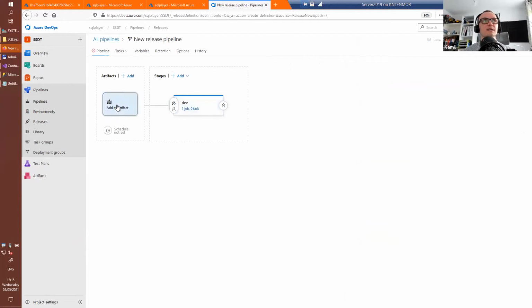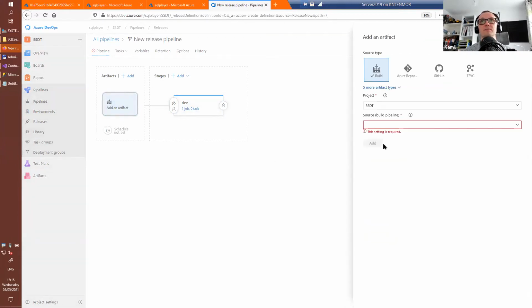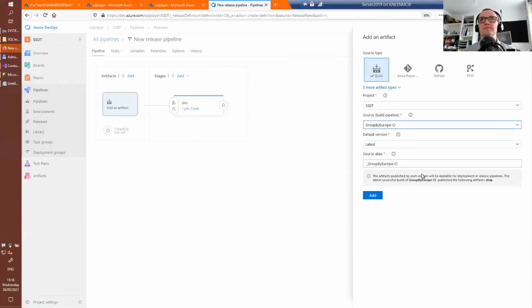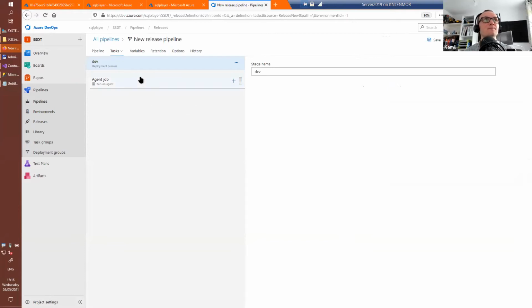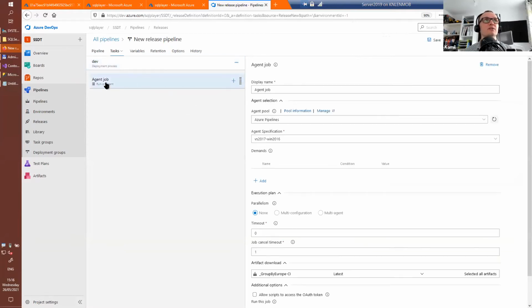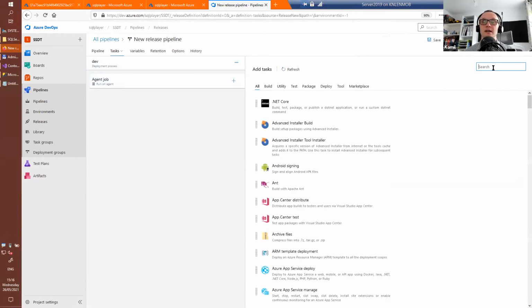Then I have to select an artifact. The artifact is here, built by this build pipeline. Click Add, and that's it from this perspective. Now I'm going to edit this dev stage. When I click on this agent job, I add a new task, and because I'm going to deploy to Azure database, Azure SQL database,